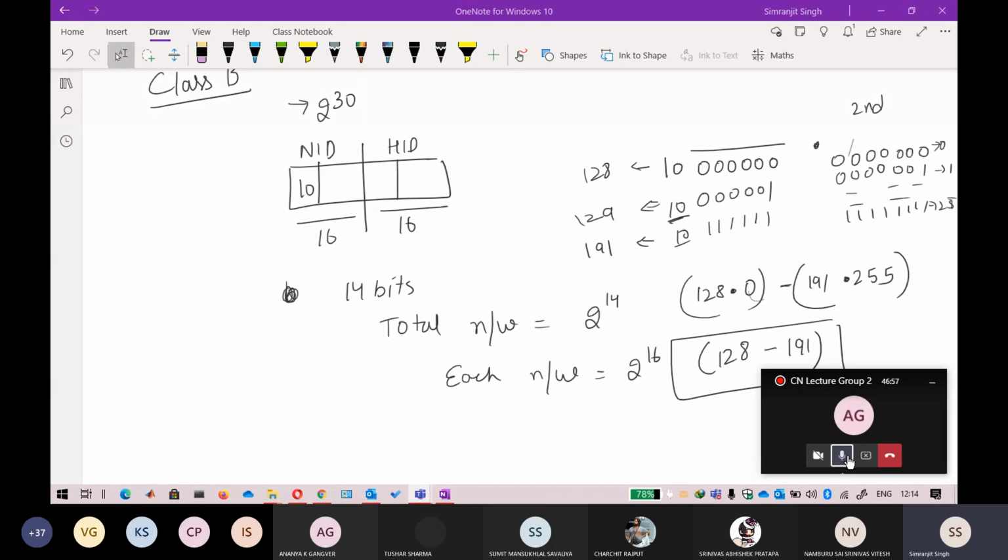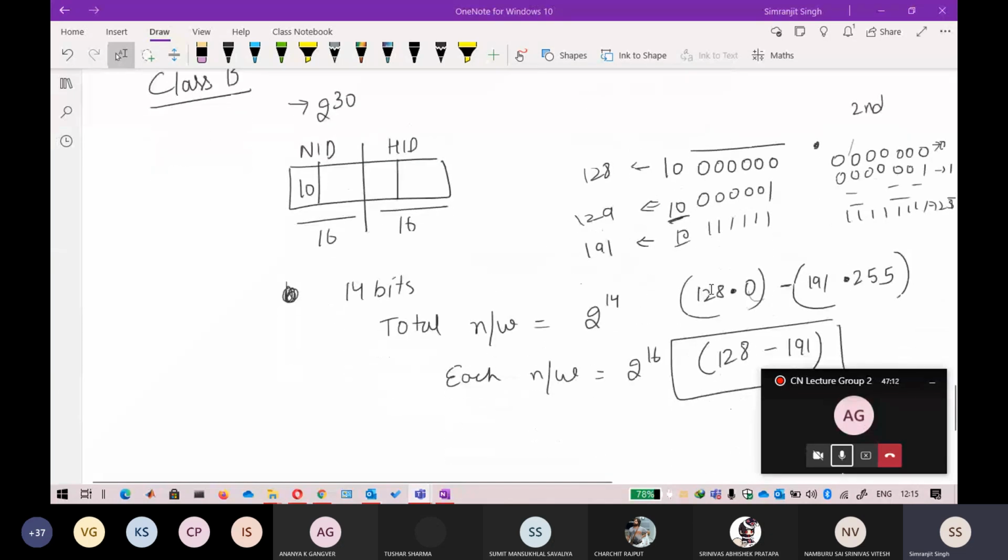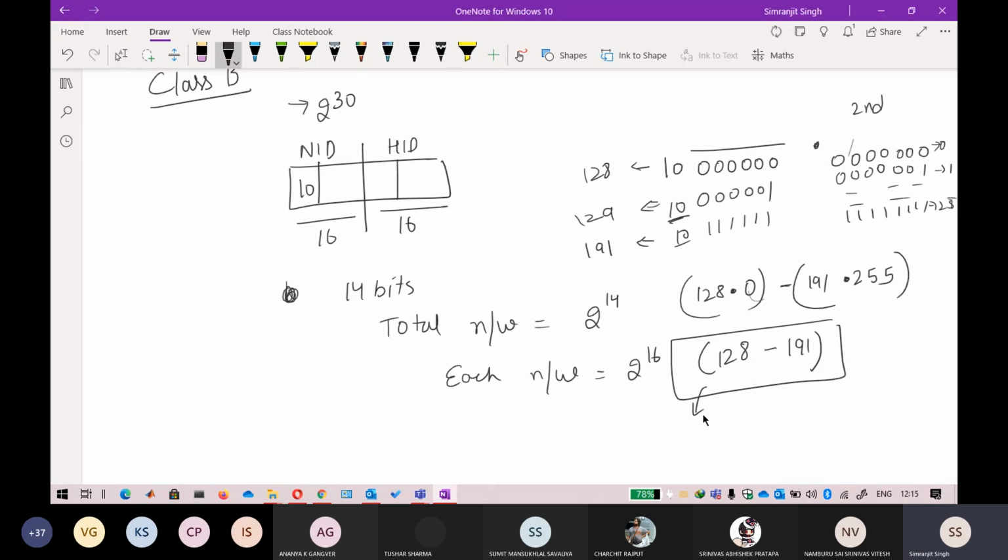Okay, so I'm only concerned with the first octet, so that is why I'm only writing the range of the first octet, that is 128 till 191. You do not write the range of 0 to 255. That does not concern me. By just looking at the first octet, you may be able to know what particular class this address belongs to. Mostly this kind of IP addresses, like banks and your railways, they take these kind of ranges of IP addresses because they require many IPs in this particular case.